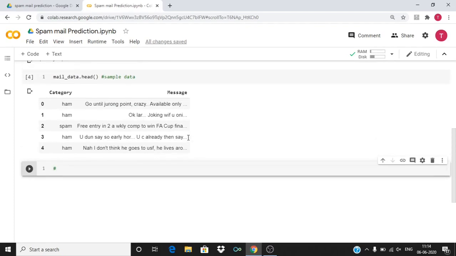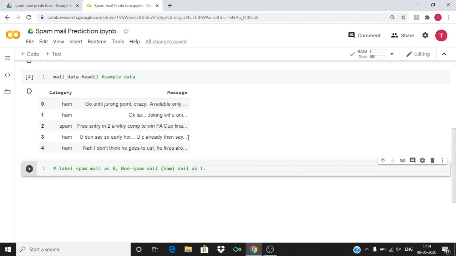Label spam mail as 0 and non-spam mail as 1. This acts as the label for the data set: 0 represents spam mail and 1 represents ham mail.